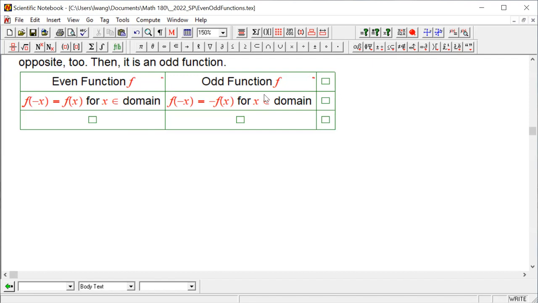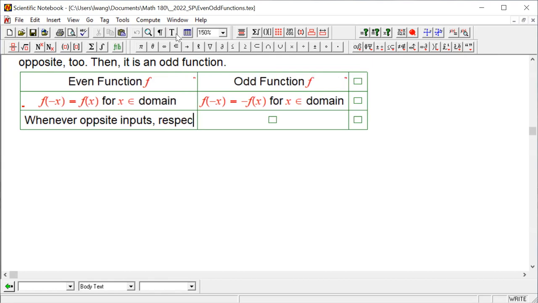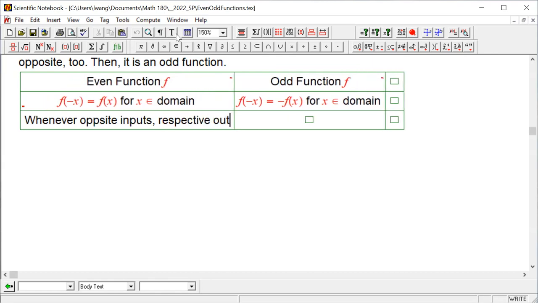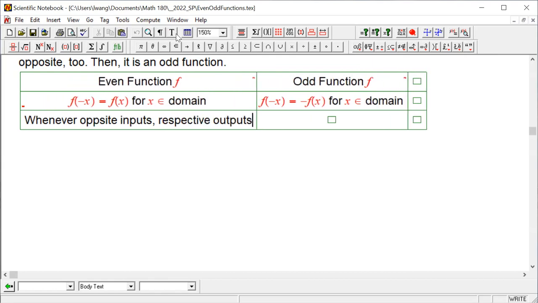The graphical feature on the graph is that whenever opposite inputs, respective outputs are the same,